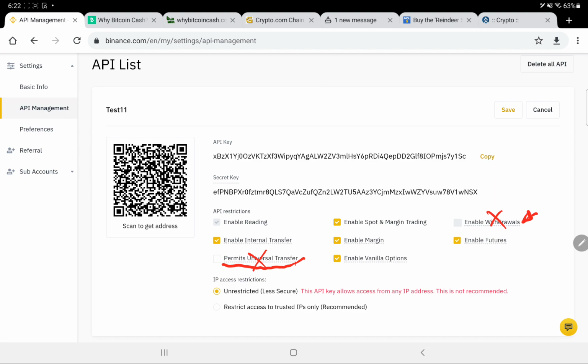If you are not selecting these two options, then they can only trade in your account. If they are trustable, and they have a good history of trades, you see the performance, how they are trading, then only you connect your account and share your API, and then it can only trade on your account. So this is the process of how to set the API key.